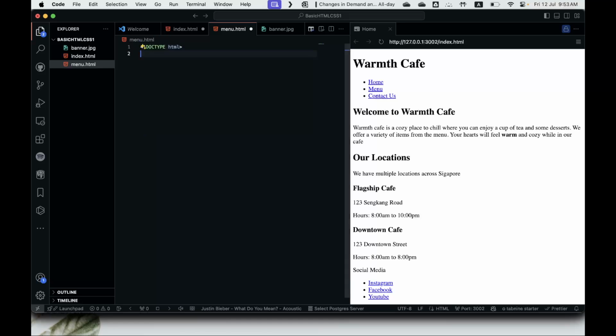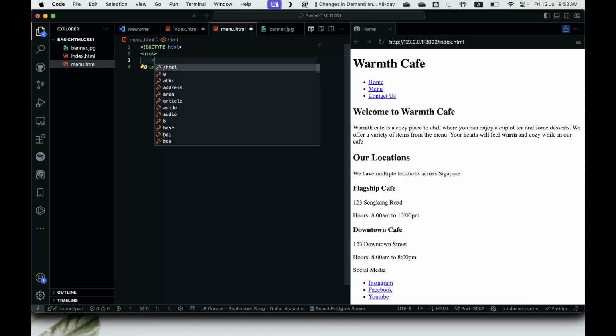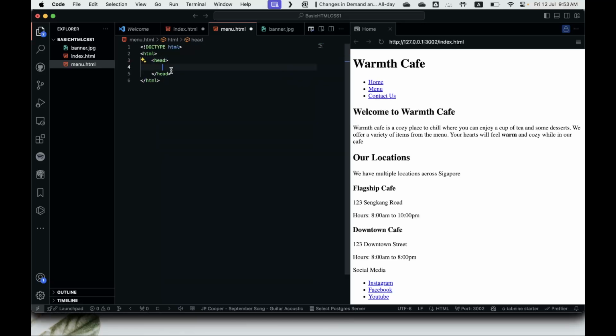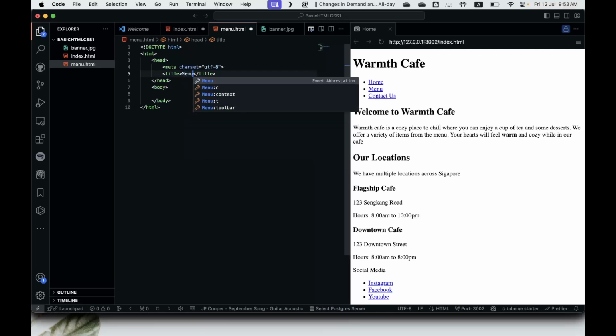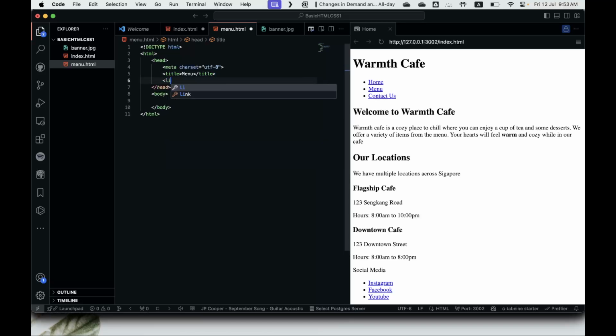and basically in this menu.html we want the same layout. We want HTML text to start off, and then we want a head, and then we want a body. So let's just quickly write this out. Charset equals UTF-8, and then title, let's name this menu, and then our link to our CSS,